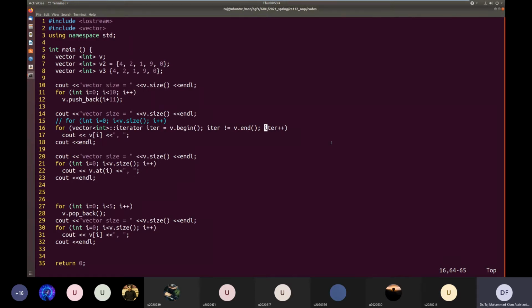Okay. So here it is like vector iterator is equal to v dot begin, which gives me the iterator of the first element, and then I check the condition that until the iterator reaches past the last element, after every iteration, the iterator should move to the next element. And within every iteration, I will access this element that the iterator is referring to. And how do I refer to this element that the iterator is pointing to?